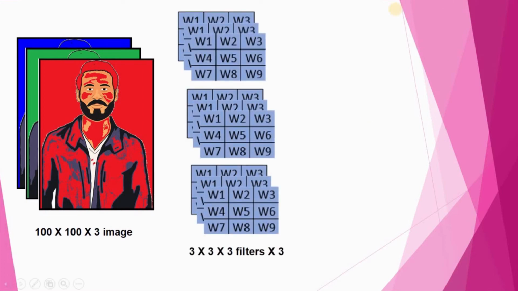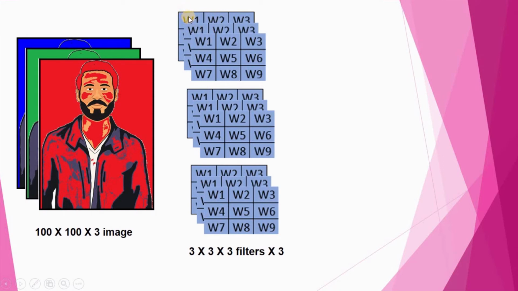Now let us take one RGB image of size 100 by 100 by 3, means 100 rows, 100 columns and 3 channels. And since it is a BGR or RGB image, it has 3 channels. And then let us take random weights, and let us take 3 filters. So 1, 2 and 3 filter. And since it has 3 channels, the filter will also have 3 in each.